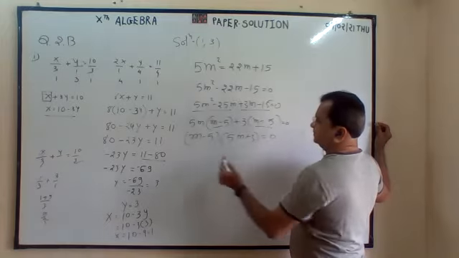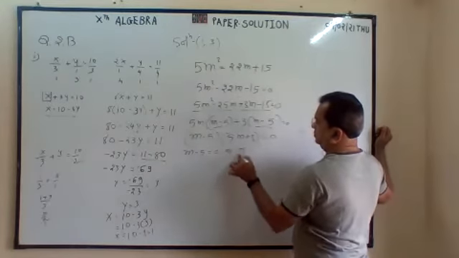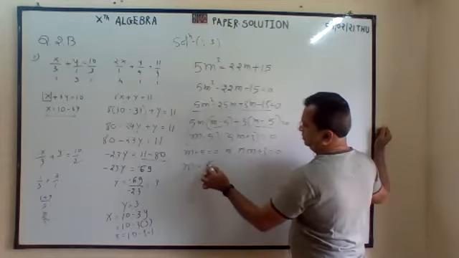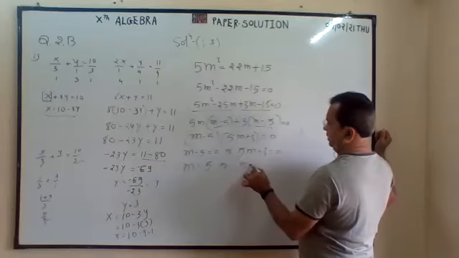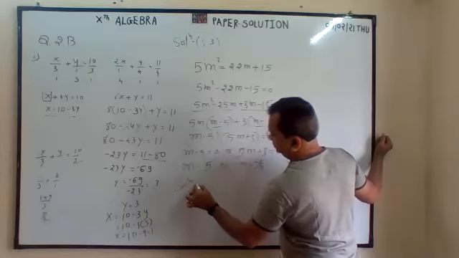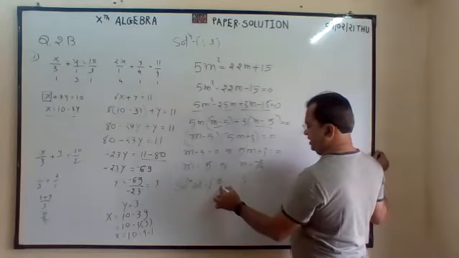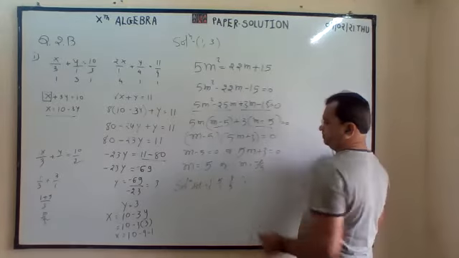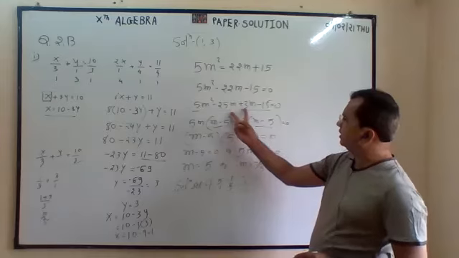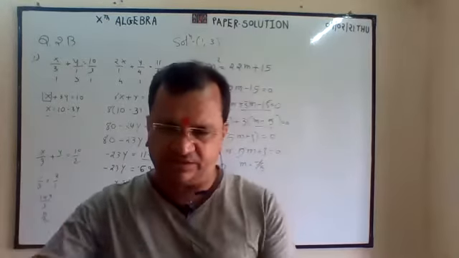Now, individual. This is equal to 0 or 5m plus 3 is equal to 0. So m is equal to 5. m is equal to minus 3 by 5. This is solution set. m is equal to what? It can be 5 or minus 3 by 5. Do the cross product. 5 fives are 25, minus 3. So 25 and 3, those two we have taken as factors.